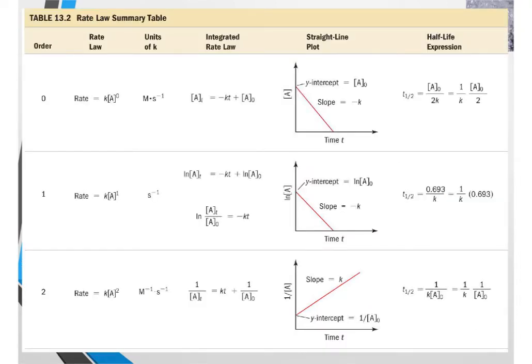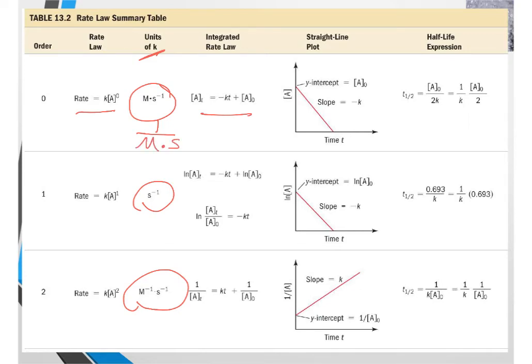This is redundant again. However, I like this one especially because not only does it give you each of the rate laws, it gives you the units for the rate constant. So I'd still like you to go through how we get these units, but it's nice to just have them to memorize if you do better that way. So what I want you to notice is the pattern. You may have missed me saying this in lecture, but,